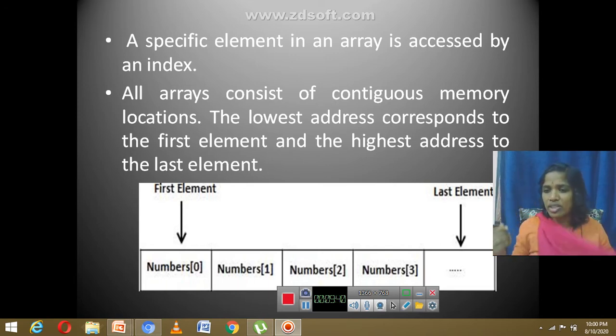This is called indexing. It is the greatest advantage of arrays, because you can access the third element with the array name and 3 minus 1, which is nothing but 2. Like this, you can access your array elements.